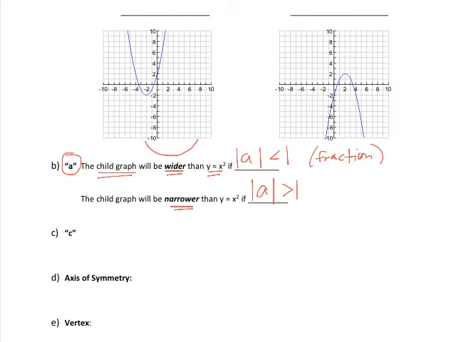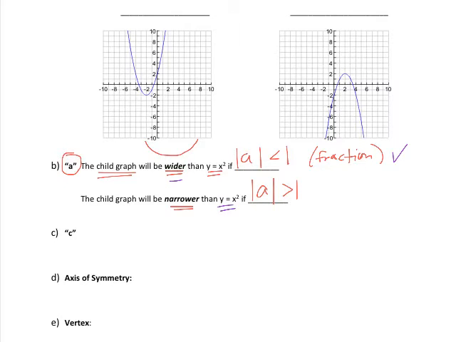Okay, and again, remember absolute value just means that the number has to be positive coming out of there. So whether the a value is negative or not, it doesn't matter. As long as it's a fraction, in this case less than 1, then the graph will be wider. If the absolute value of a, whether it's negative or positive, is larger than 1, then we know that the graph will be more narrow than the